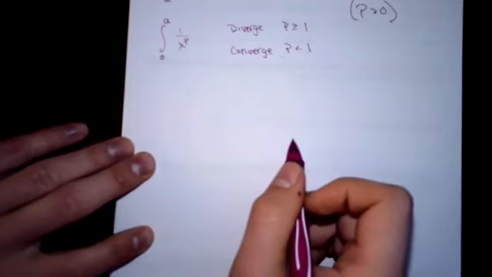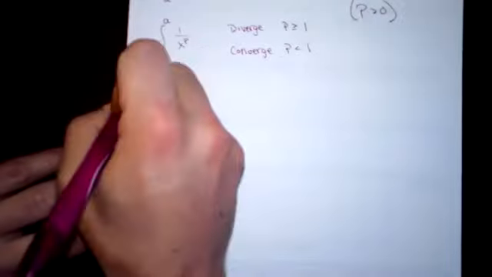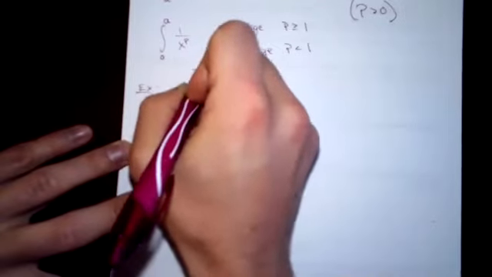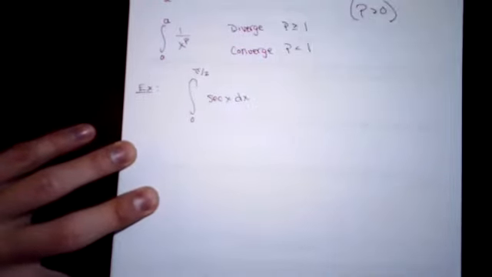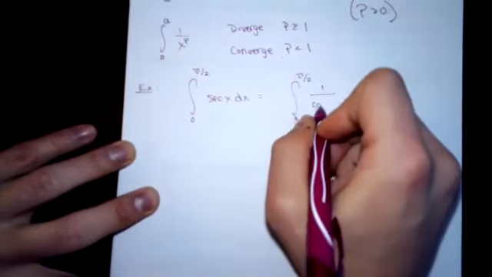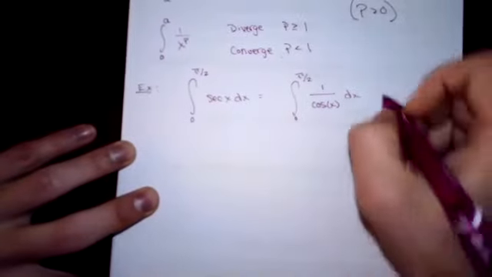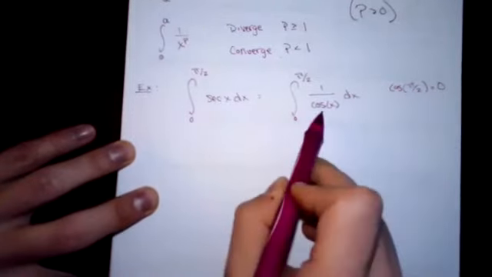Okay, so let's just see some more examples and try to get through a couple of these real quick of just how to do some of these. We've got an integral from 0 to pi over 2 of secant x dx. Why is this improper? So secant is just 1 over cosine x dx, and cosine of pi over 2 is 0. So we can't divide by that.